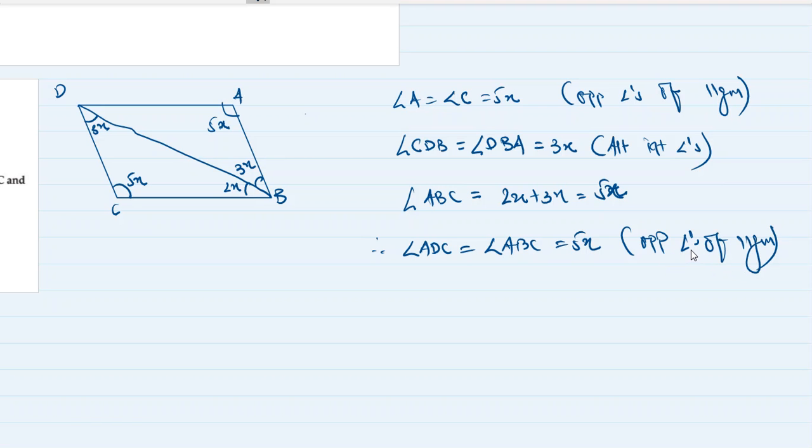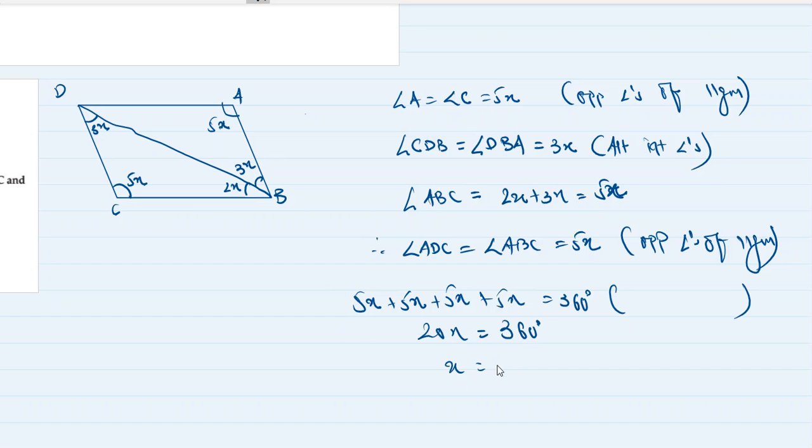So all the angles of parallelogram are equal to 5x. So therefore 5x plus 5x plus 5x plus 5x is equal to 360 degree. Angle sum property. So 20x is equal to 360 degree. So x is equal to 360 divided by 20, which is